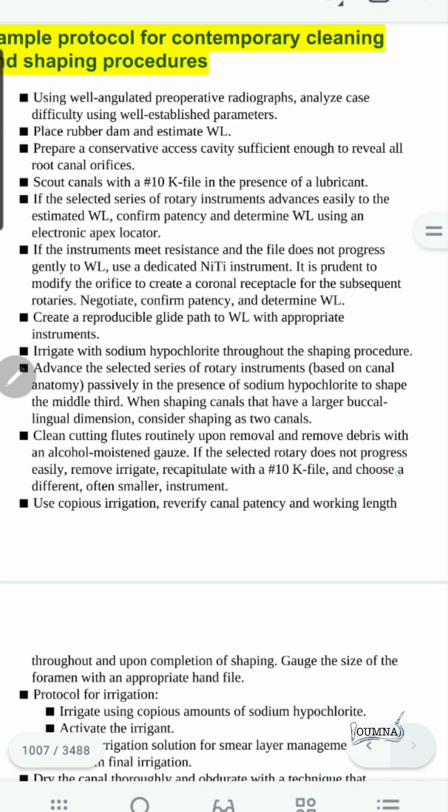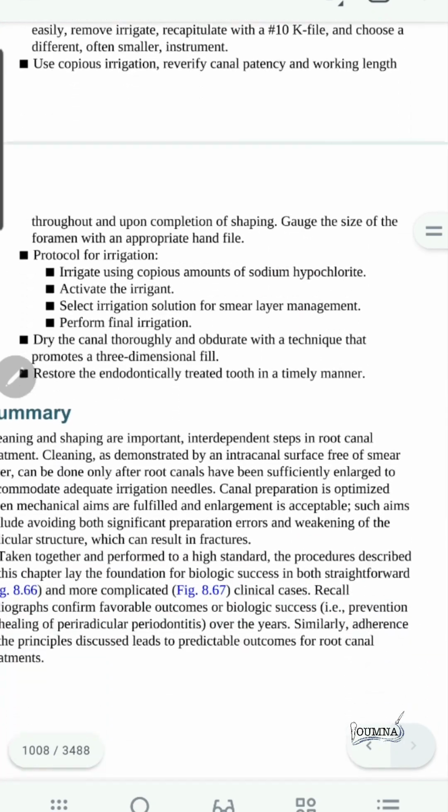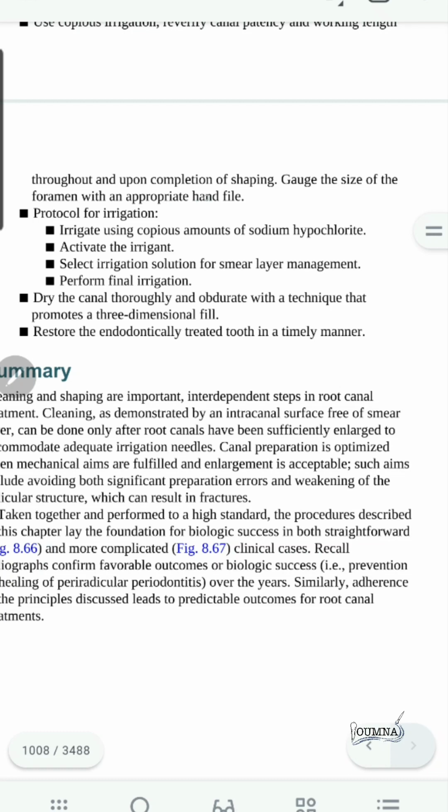If the selected rotary does not progress easily, remove irrigant, recapitulate with the 10K file and choose a different, often smaller instrument. Use copious irrigation, re-verify canal patency and working length throughout until you complete the